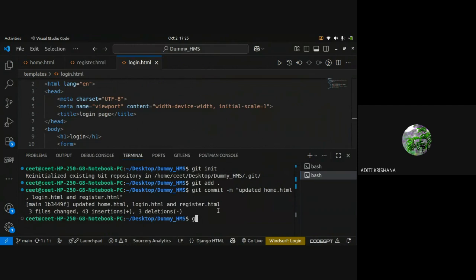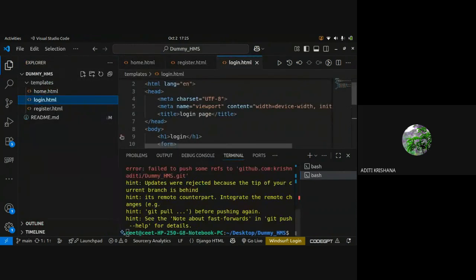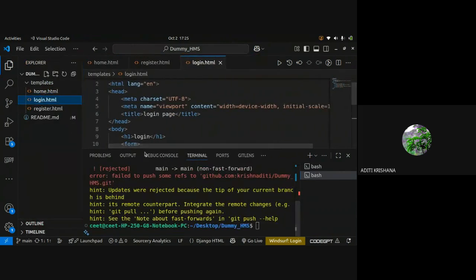Okay. Now I will push that. So it has been pushed now. Wait.